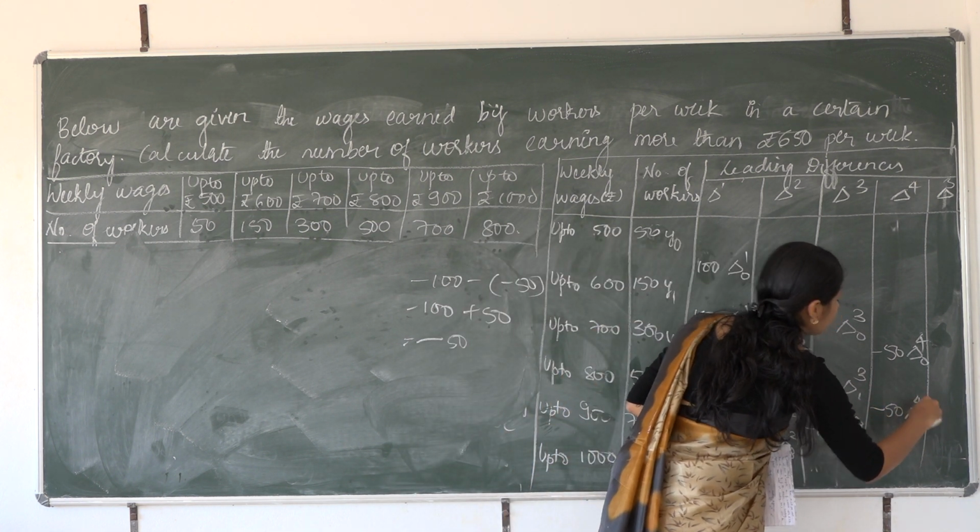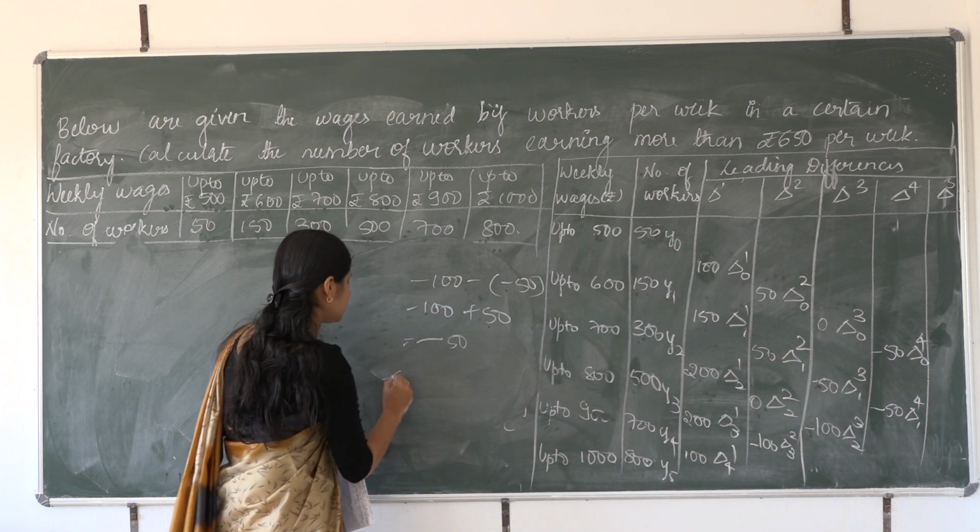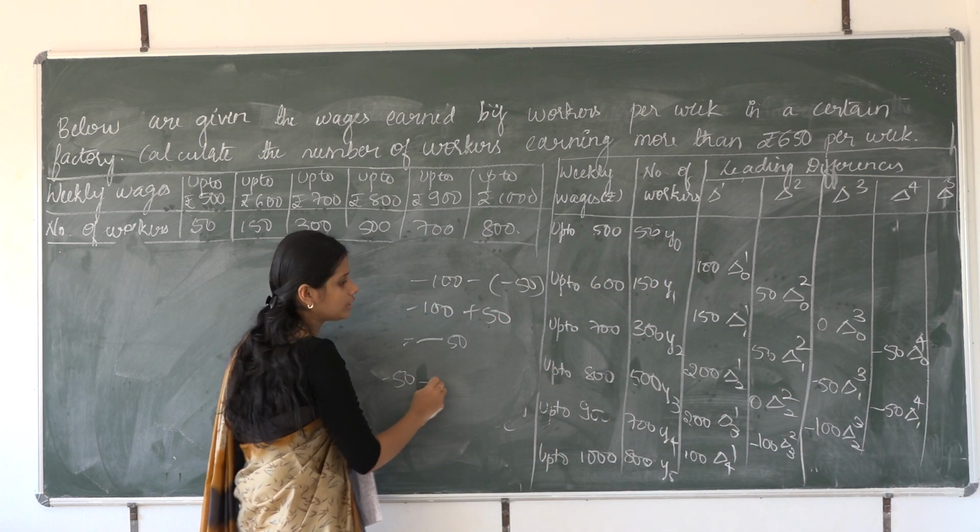Delta 1 raised to 4. Next, minus 50 minus 50. Minus 50 and you are going to deduct it from